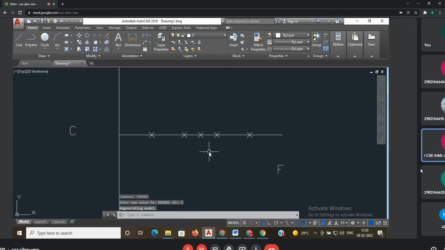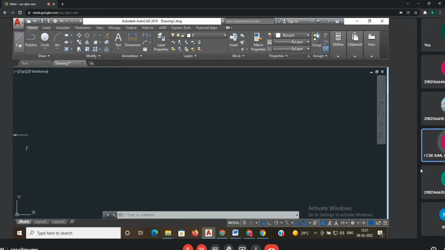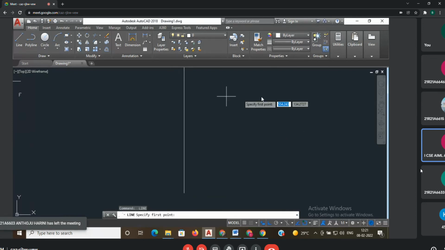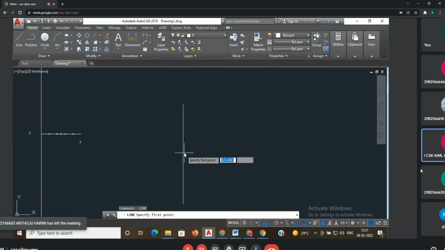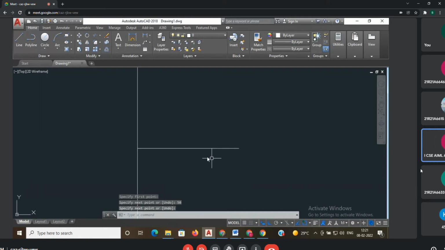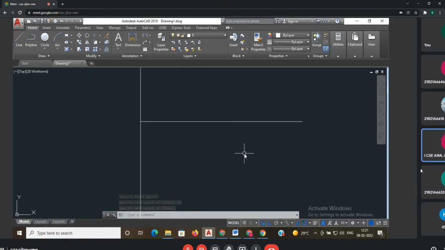Give value 3. We already set it previously, that's why it is showing like that. Draw one horizontal line, vertical line and horizontal line. Use that method. Now I want to make it two divisions, because it's a parabola.